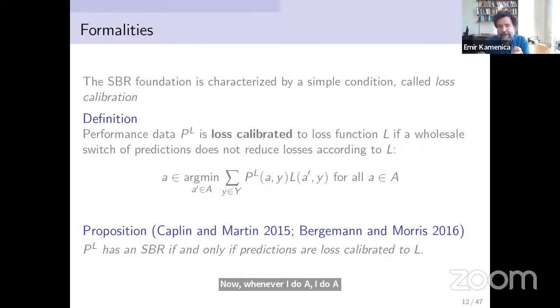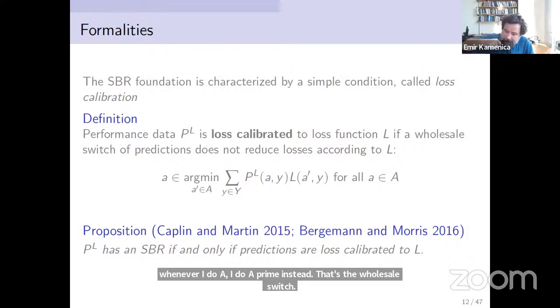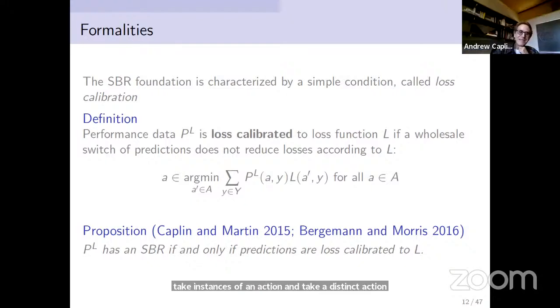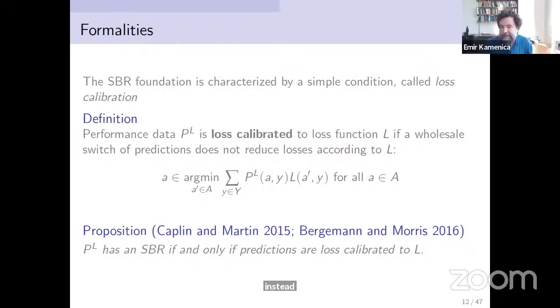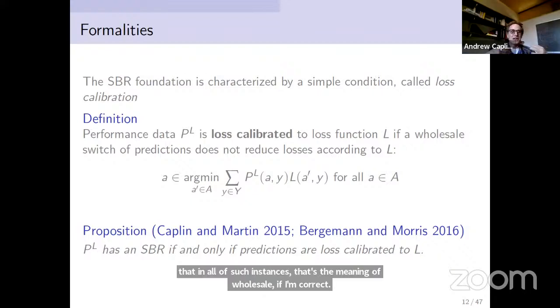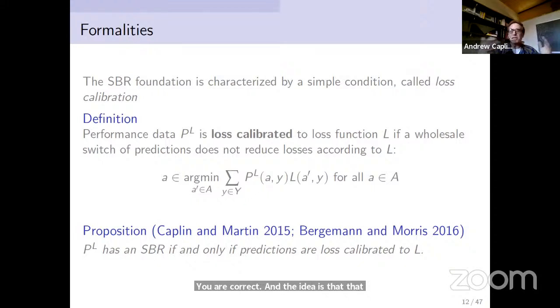That's what the word wholesale means: I just take instances of an action and take a distinct action instead of that in all of such instances. That's the meaning of wholesale, if I'm correct. You are correct. And the idea is that in a world in which this person really was a Bayesian,